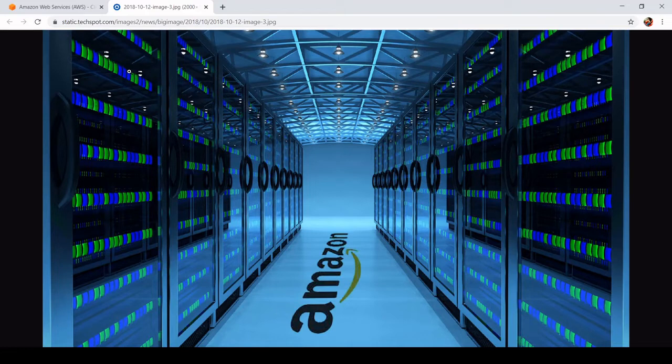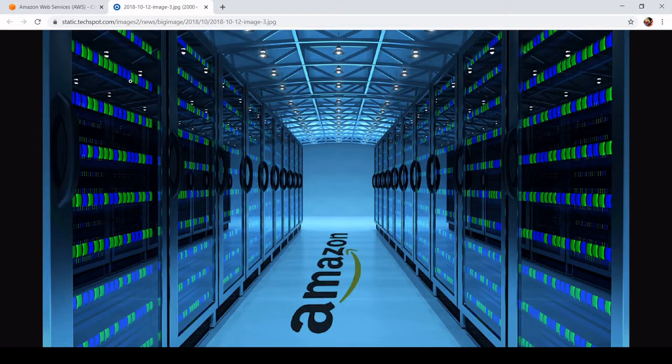So EC2 is a virtual instance, and we'll see how EC2 instances are deployed. Before going to that, EC2 instances can be deployed in two ways. One way is using an instance store. An instance store is nothing but a storage device directly connected to this server.